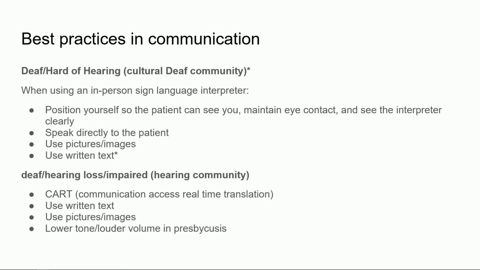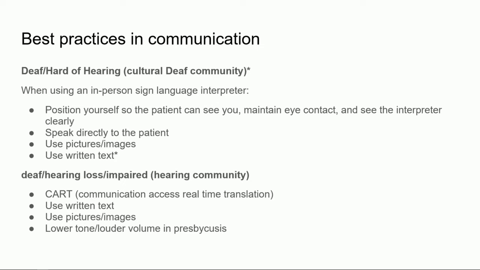And you want to think visually and you want to act visually. That means using pictures, it means using your body, it means showing the patient images so that you can sort of draw a picture of what you're trying to communicate. If all of that fails, if you don't have access to technology or an interpreter, you can use written English, keeping in mind that this is a second language most of the time for our ASL users. And so the English needs to be somewhat simplified to match the patient's literacy level, sometimes, depending on where you are. But it also needs to be free of medical jargon. And I think that's a good tip for any patient.